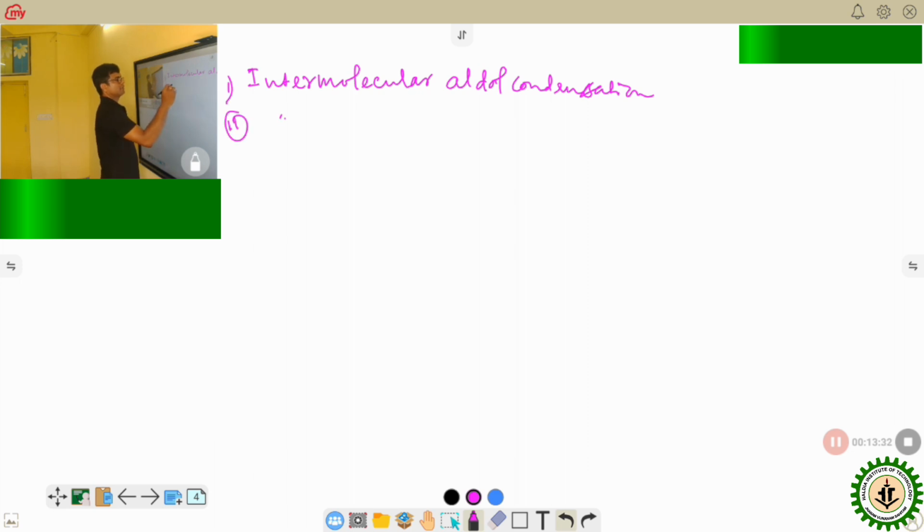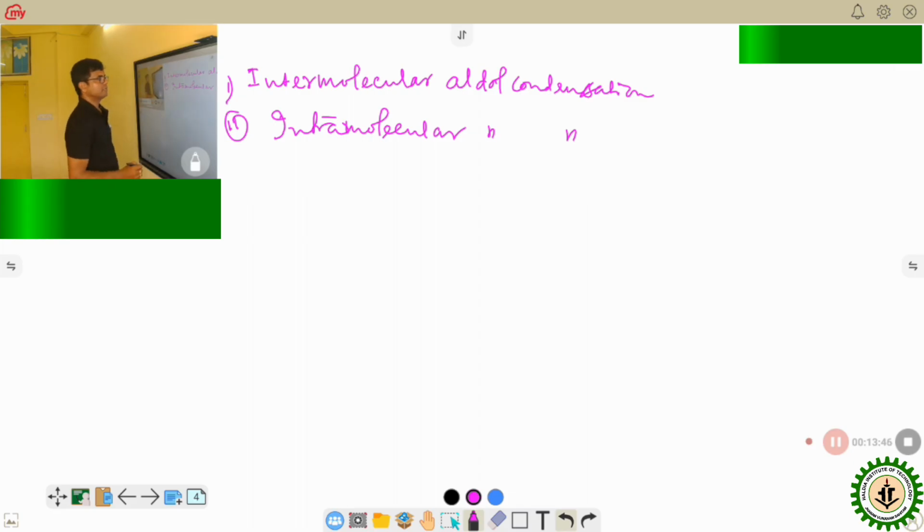Another is intramolecular aldol condensation reaction. Now, intermolecular aldol condensation reaction is that